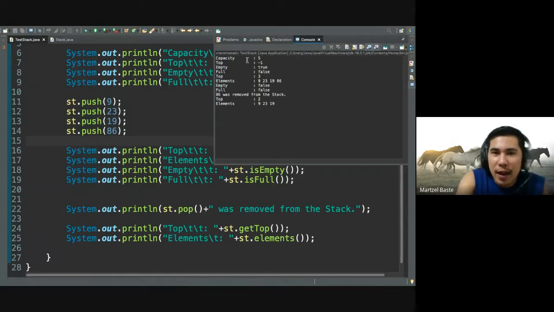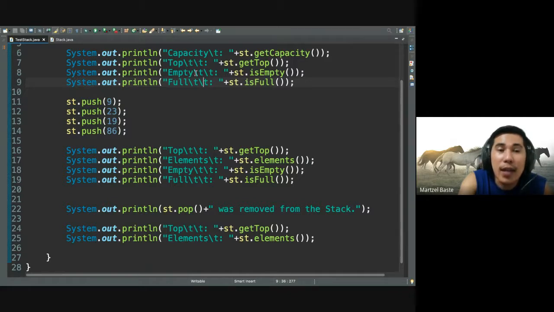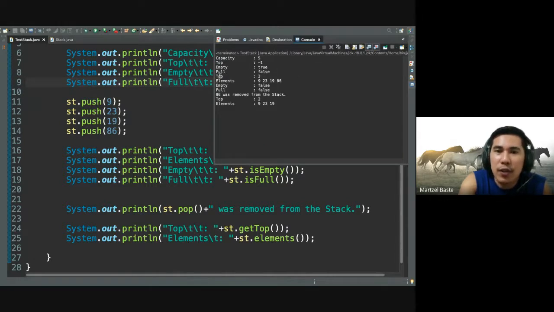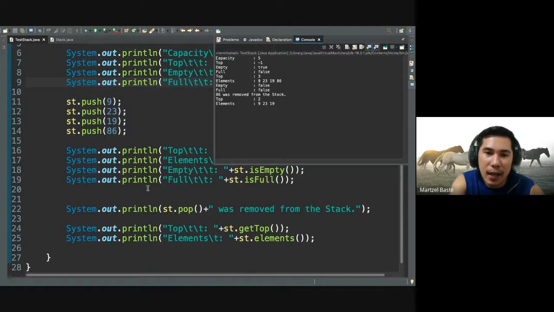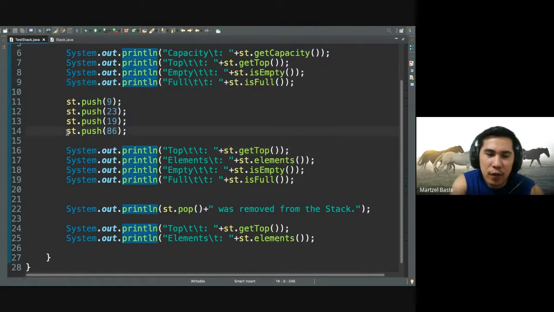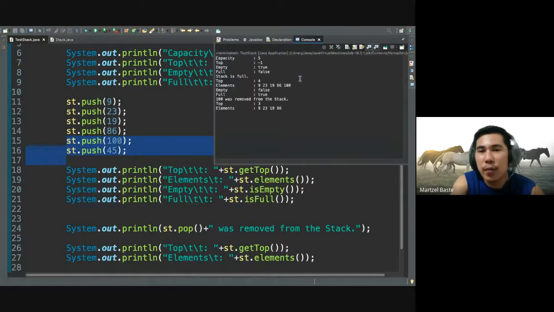Okay, so capacity 5, top negative 1, empty true, full false. Okay? So, false na, kaya man siya puno. Okay, sorry. So, we have empty true, full false. Top na to as of the moment is 3. Ang elements na to kay 9, 23, 1986, that's 0, 1, 2, 3. So, empty na ba siya? False. Full na ba siya? False. Because wala pa na puno. Okay? So, if ever na let's say, of course, mag-insert ta more, so atong full, mahimo na siyang true. Okay? That's it. No? That's the basic